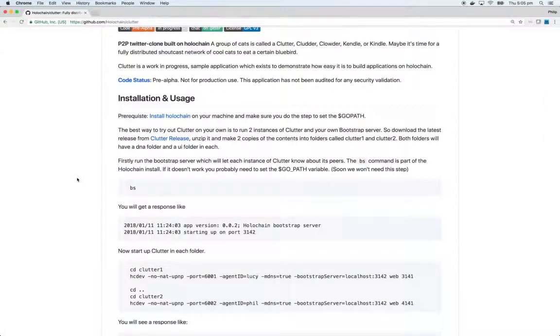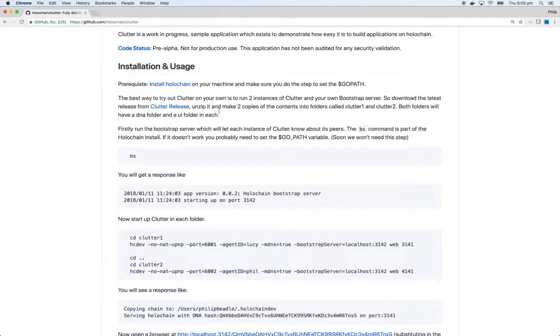So we have installed Holochain, which is awesome. And the best way to try it out apparently is to run 2 instances of Clutter and our own Bootstrap server. So we'll download the latest release, then we're going to unzip it, make 2 copies of the contents into folders called Clutter1 and Clutter2, and both of those folders will have a DNA and a UI folder in each one. Alright, let's go get the release,